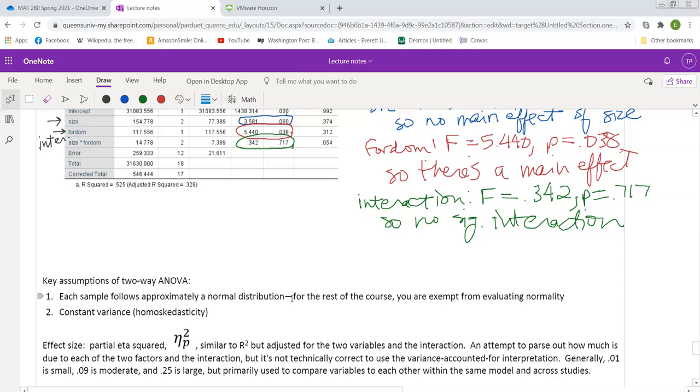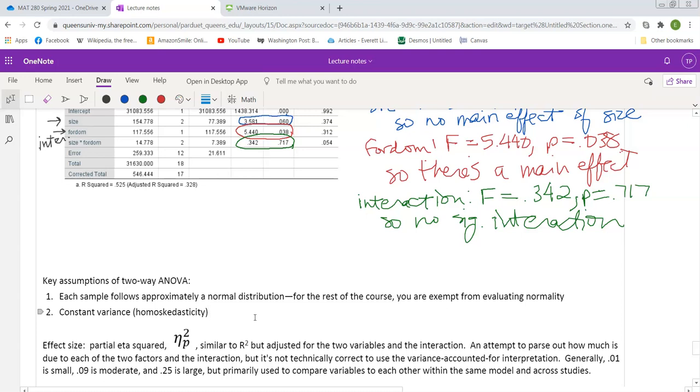The other main assumption is that there's a constant variance across all of those different combinations. So here we've got 2 levels of one factor and 3 levels of another, so 6 combinations, that all of those have a constant variance. The term for constant variance is homoscedasticity. Sometimes this is spelled with a K and sometimes with a C, but that's a fun word to bring out at parties, make people's eyes glaze over. As you talk about normal probability plots and homoscedasticity, and sorry, I'm being silly. Anyway,